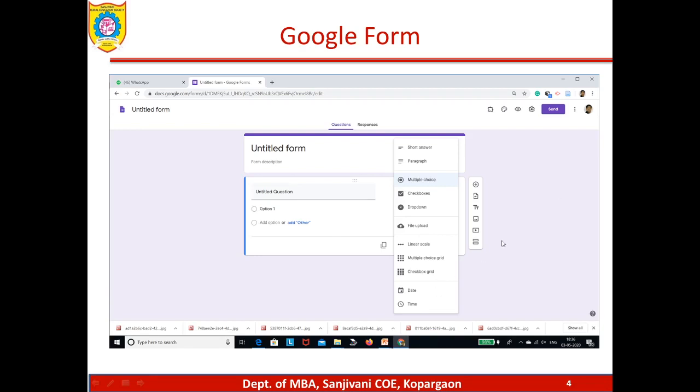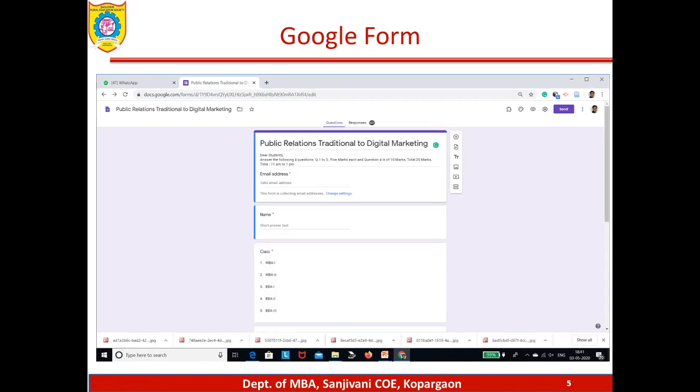To add a question, there is a plus sign. Then there is an import questions option, and text, image, and video options, and you can split the form into various sections. These tools are also available there, so very easily you can put these in.